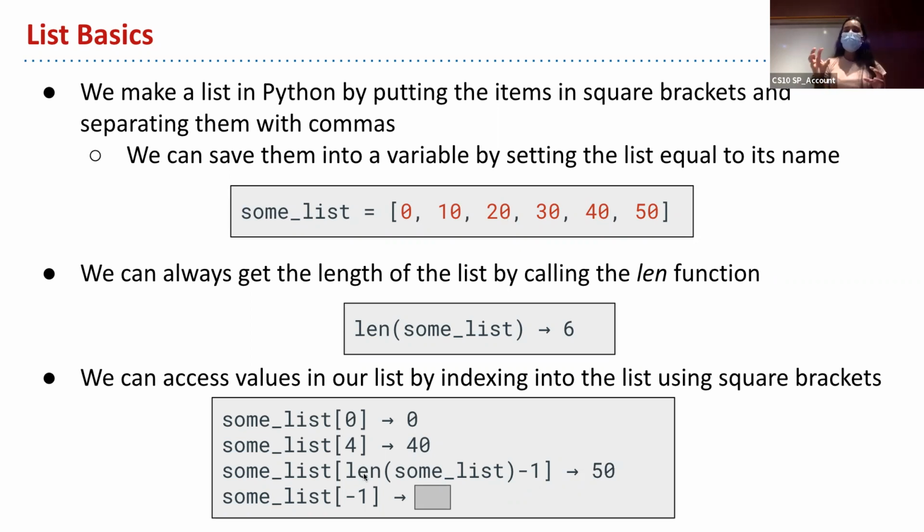So we took the length of the list and we subtracted 1 from that. And that's actually always going to give you the last index in your list because of 0 indexing. So the length of your list is always going to be 1 more than whatever that last index is. So if you subtract 1 off of that, that's a quick way to get the last item in your list if you don't know how long your list is.